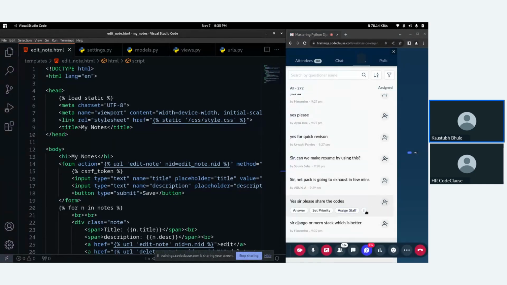If you talk about industry demand, currently in industry React or the MERN stack is in very high demand compared to Django. But popular sites like YouTube and many websites are made in Django to handle a large amount of load.